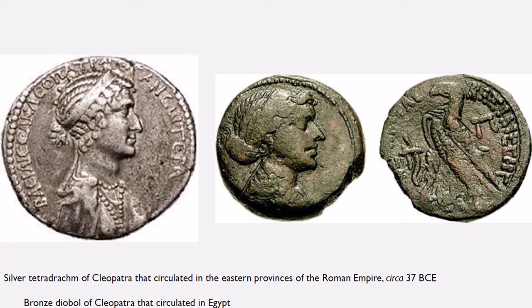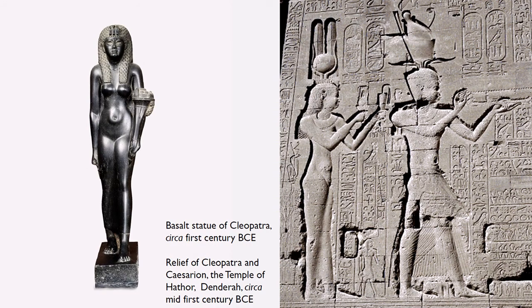She has a standard hairstyle. It's famously called the melon hairstyle because it involves sweeping the hair back into a big bun at the nape of the neck. She has the diadem of Ptolemaic royalty to indicate that she's a queen. She's got lots of lovely jewellery. She was very famous for wearing pearls, for example. But this is fairly standard for any elite woman of this period. It is obviously quite different from the Egyptian portraits.